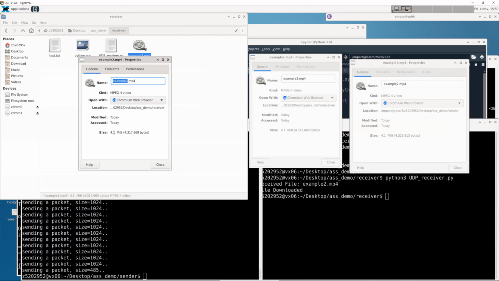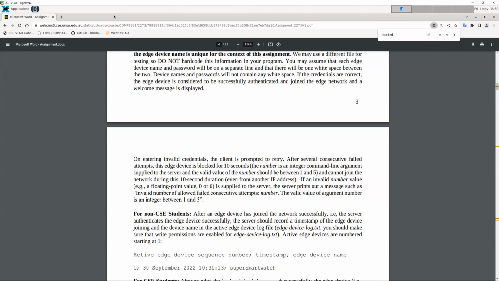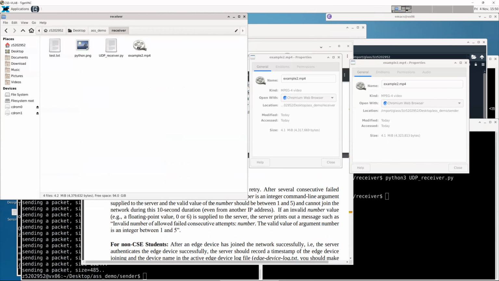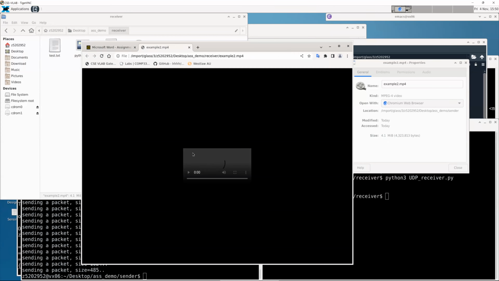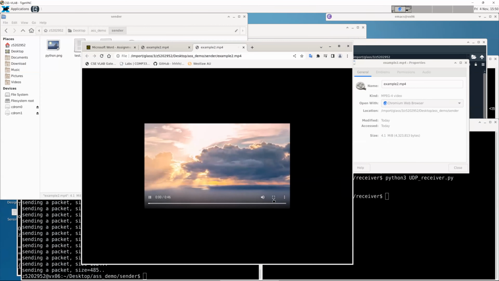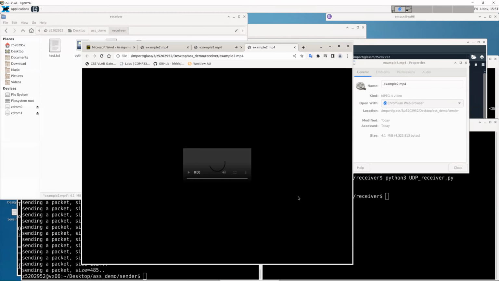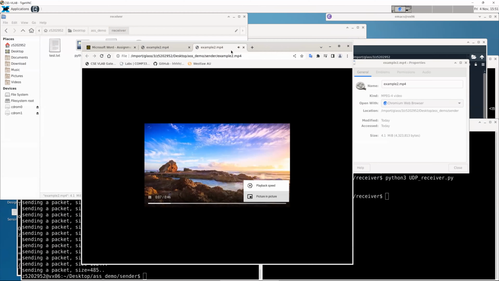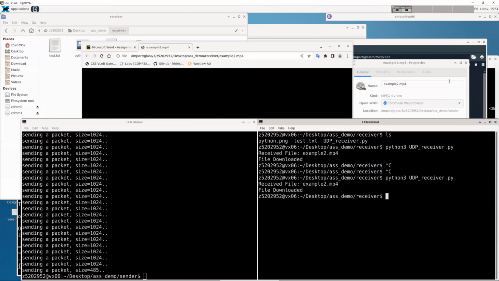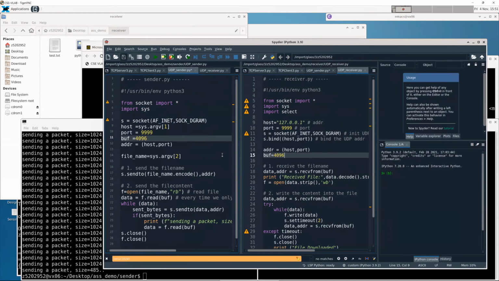The property is 4.1. Looks good. Oh, cannot play it, isn't it? Yeah, we cannot play it, even though we have the correct size. This one can be played. This one cannot be played. So there must be some kind of problem inside the code. So in here, what's the problem? I think it is the error on here,